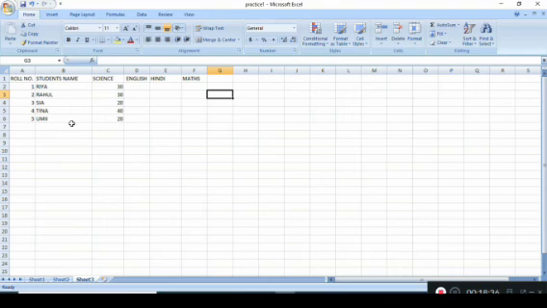Okay, you can find in your keyboard there is a page up option. That means automatically when you press the page up option, wherever you are in the worksheet, whether in the last line or in the mid line, then automatically you will come to the top. Okay, so this way there are so many shortcut keys that can help us to move around in the worksheet. So I hope you understood all these things.